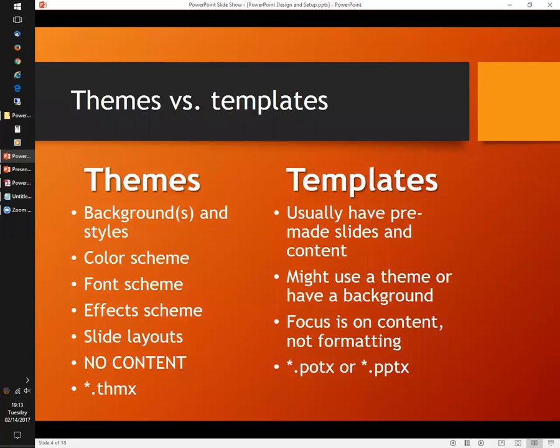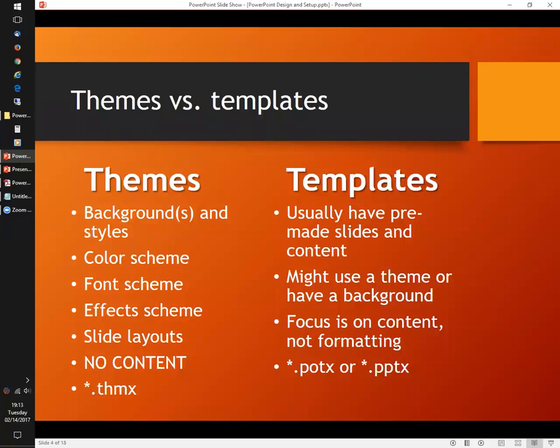Okay, now the template could possibly contain or use a theme. Okay, these aren't mutually exclusive. I can have a template and also use one of the Microsoft Office design themes. So you may open up a template and it may use one of the built-in themes along with that template.